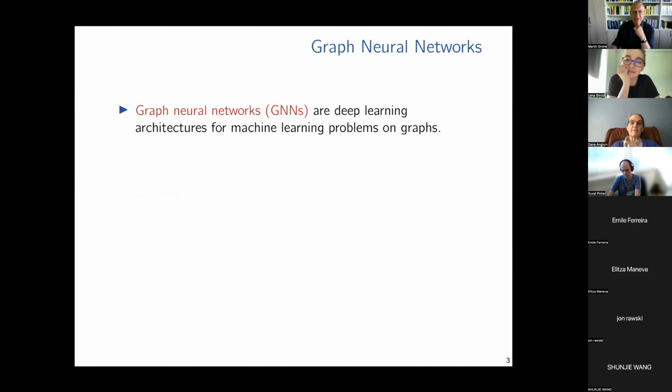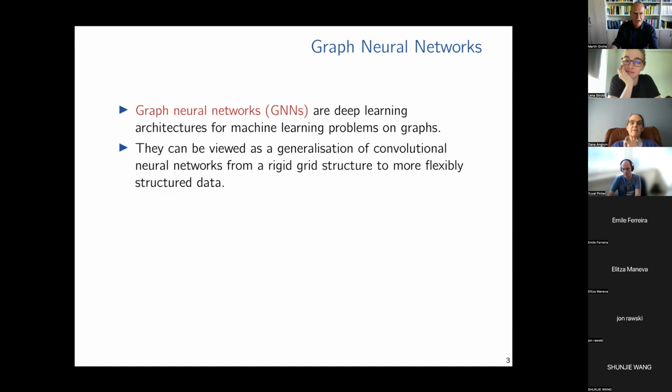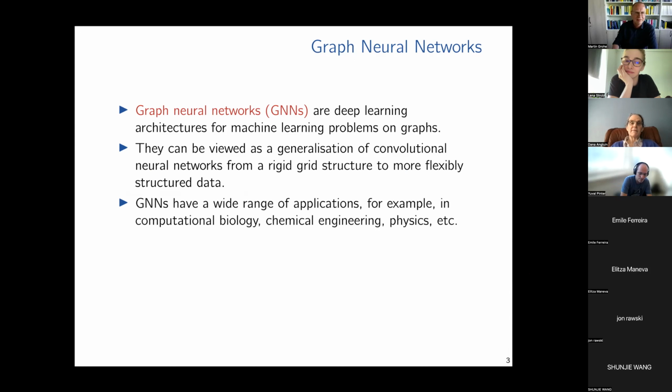So graph neural networks, I'm not sure if everyone is familiar with graph neural networks. Let me quickly go over them, also to introduce my notation and terminology. So graph neural networks are deep learning architectures for machine learning problems on graphs. You can view them as a generalization of convolutional neural networks from the rigid grid structure that you typically have there to more flexibly structured data.